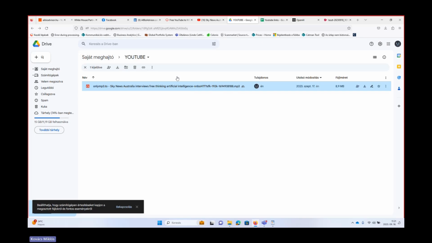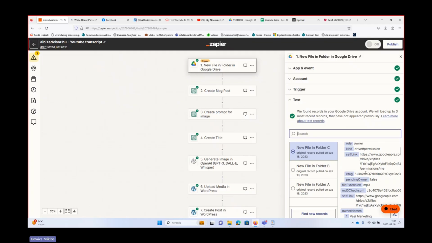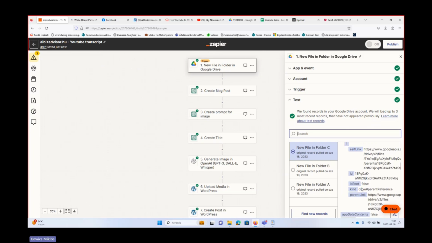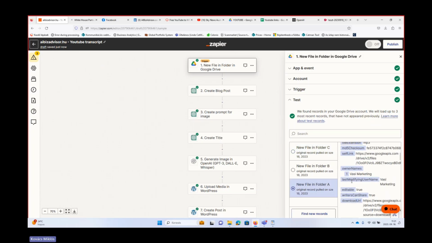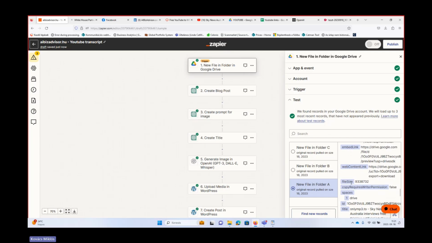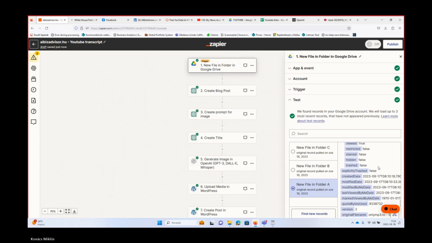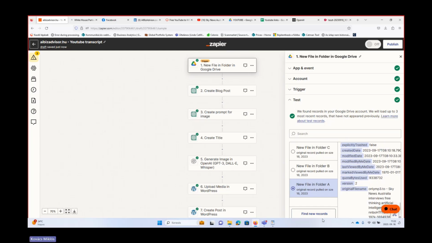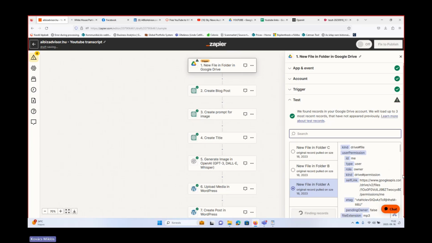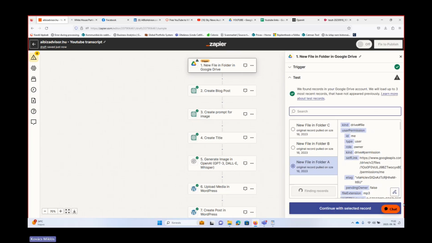This was done by me already, and then here I can see the file. I'm just checking because I was uploading several files, whether this is the correct one. All fine. Just click on that.